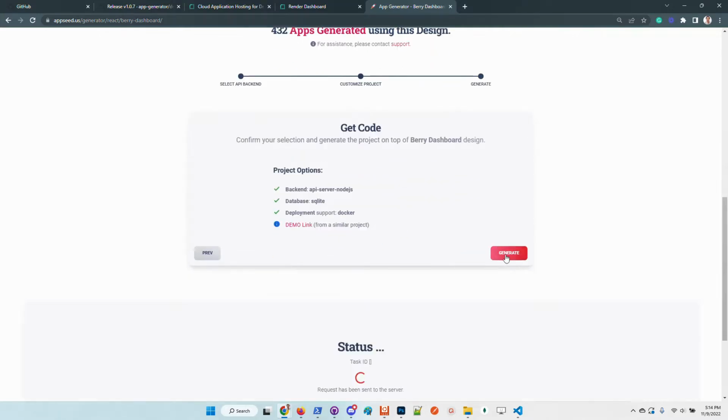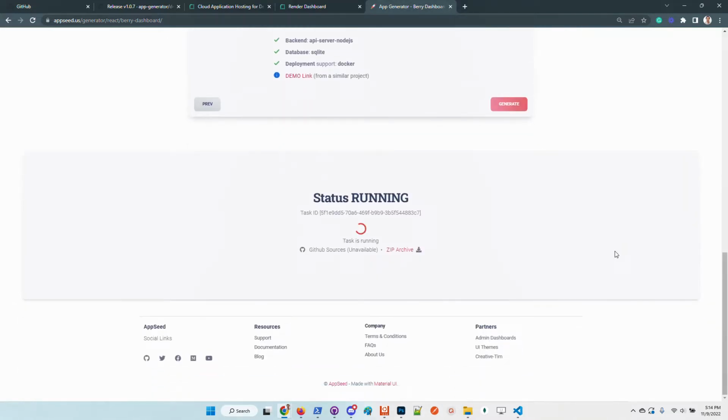Once our selection is confirmed, the system will take our request and provide the source code. The zip archive of the generated product is available sooner, but the files are just uploaded to GitHub in order to be usable